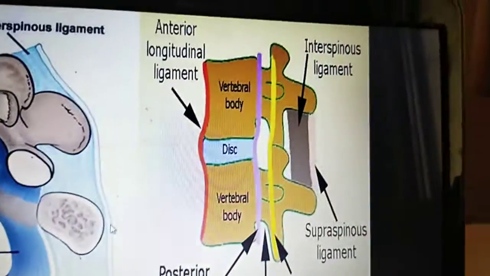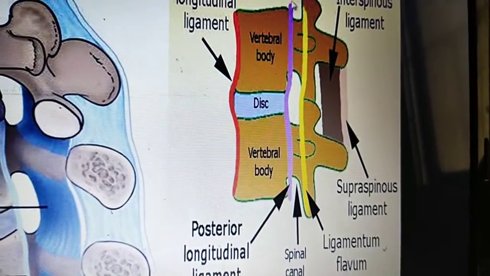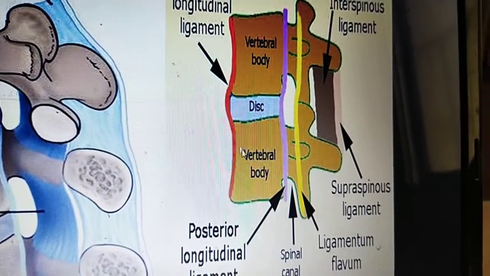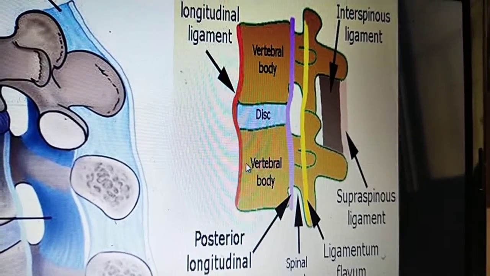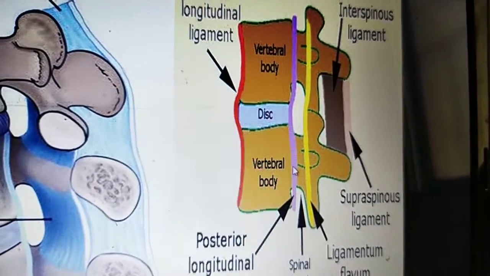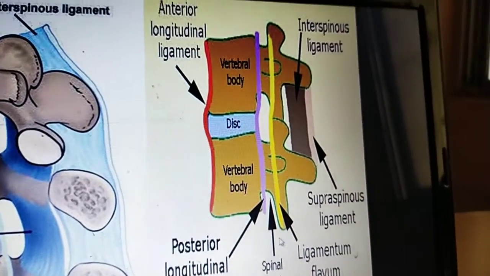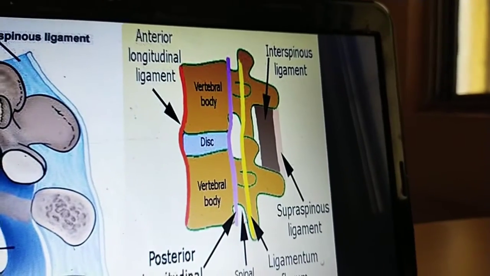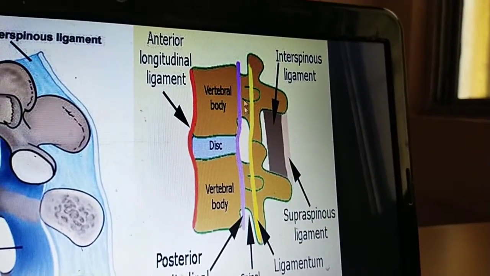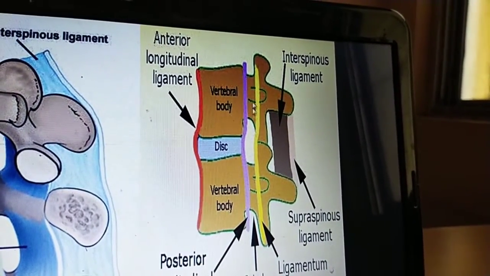Okay, in this you can see clearly a vertebral body, a disc and vertebrae. This is the anterior longitudinal ligament, and this is the posterior longitudinal ligament, and this is the ligamentum flavum. And this is the spinal canal, or this canal which is formed by the